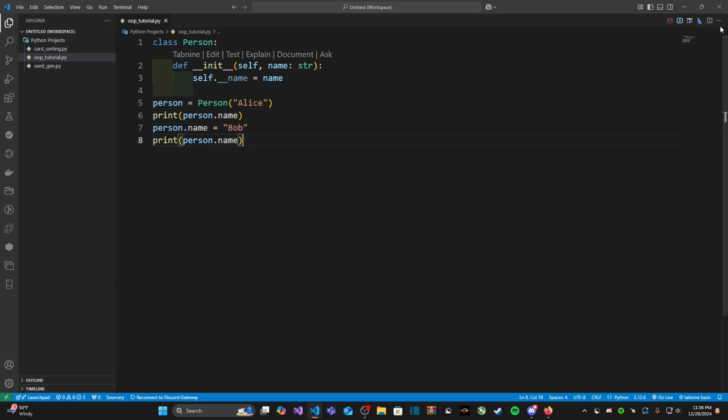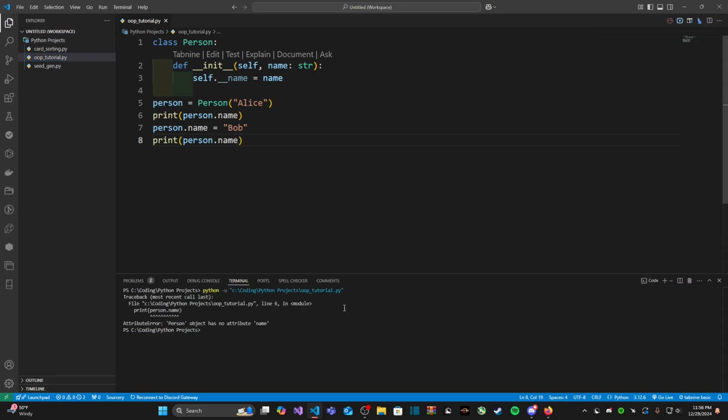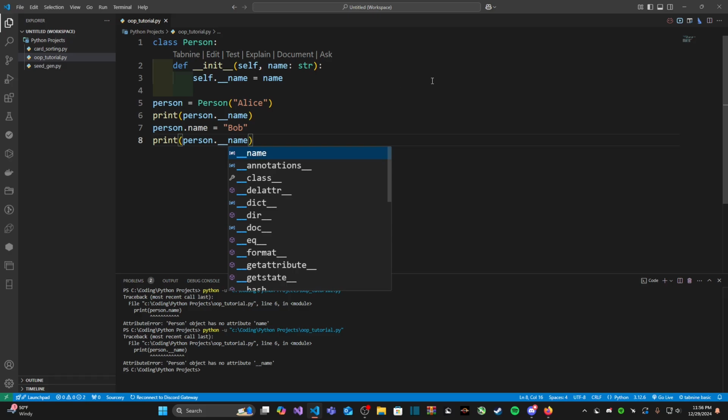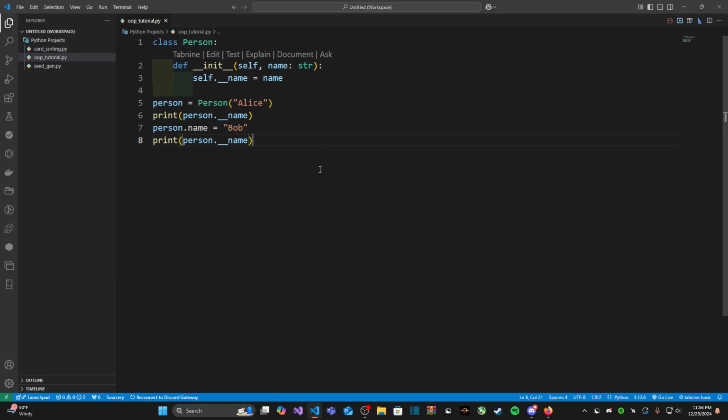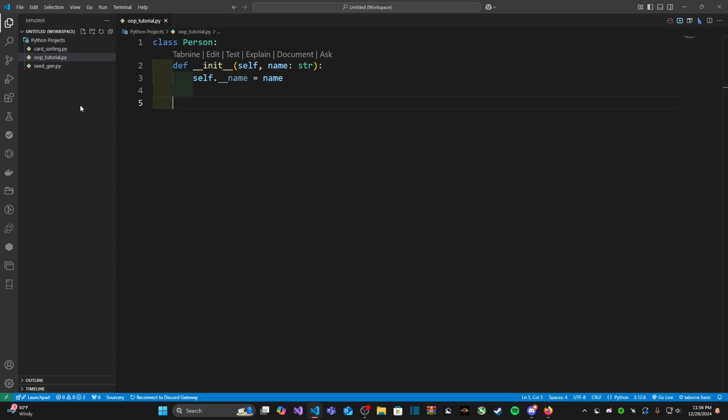So now, if I try to run this same code again, we have an attribute error. We can't do anything with it. But if I do that here as well, we still can't do anything. We cannot change it. Well, this is how we can go ahead and change it despite that this is a private property